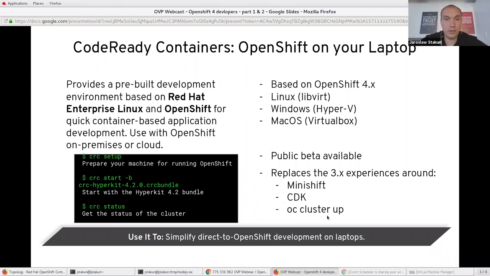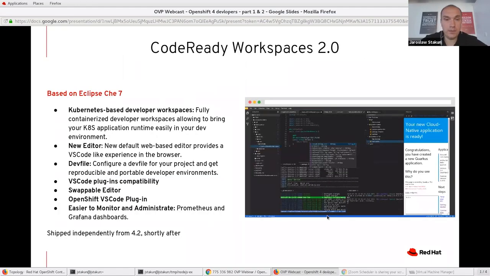All right, so the last tool I wanted to show you today is CodeReady Workspaces. CodeReady Workspaces is a development environment. We are just about to release version 2, but we already have version 1 available, so you can use it. The idea behind CodeReady Workspaces is really to give you a development environment that you can run easily